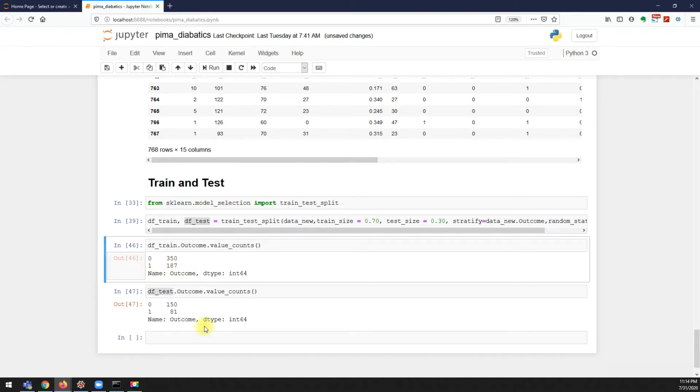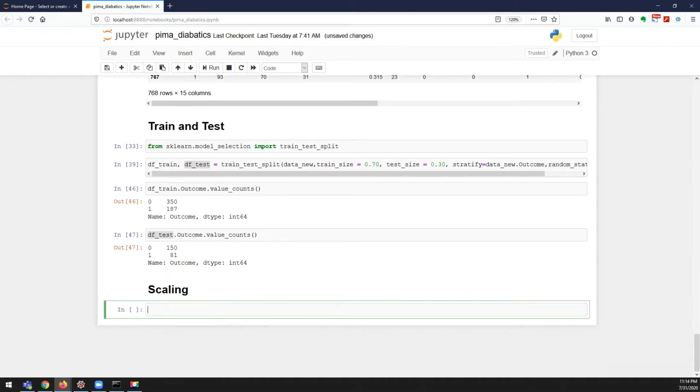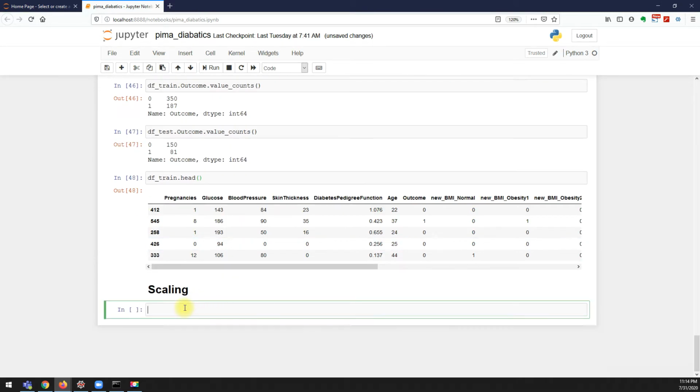So the next step is to do the scaling on the data. Before we do the scaling, I want to show you the train data set. Now we'll go for min-max scaling.